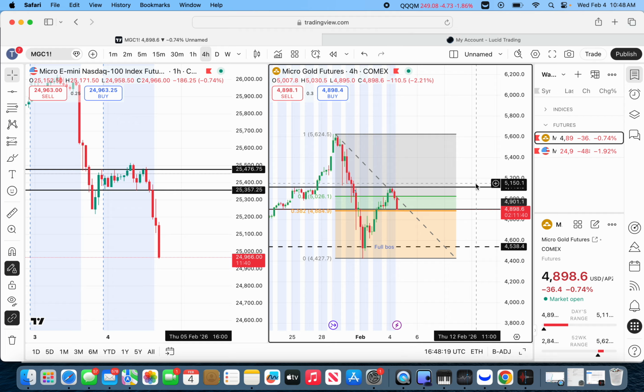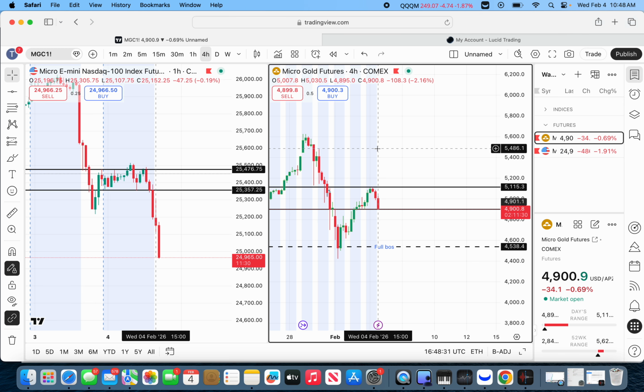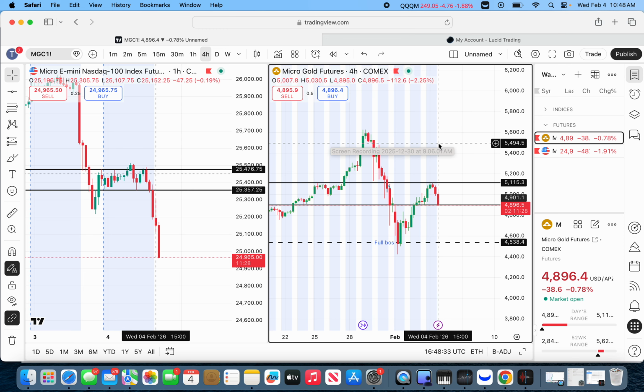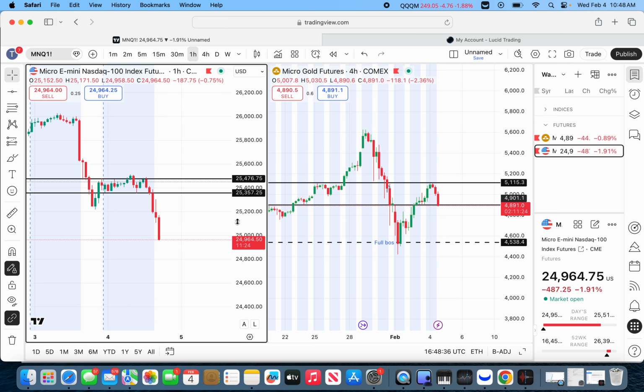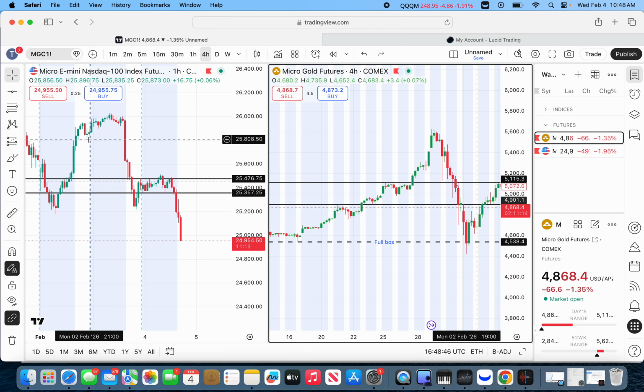So this is the best way I could explain Fibonacci. I ain't gonna lie, like I said, I don't use this, bro. So I can't go into detail about something I don't use. But as far as my understanding, I just want to give y'all my basic understanding of how I use the Fibonacci retracements. But anyway, aside from that, we could talk about